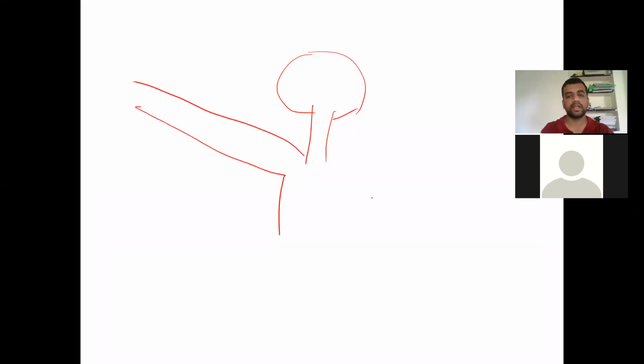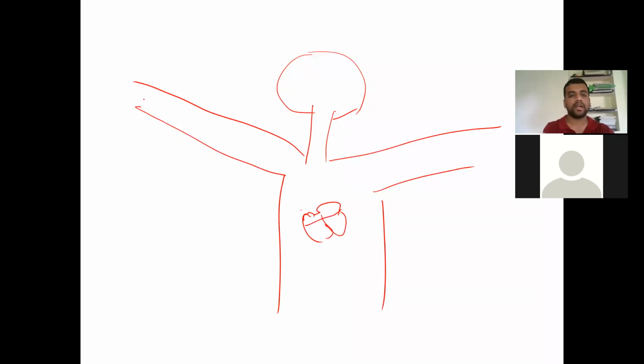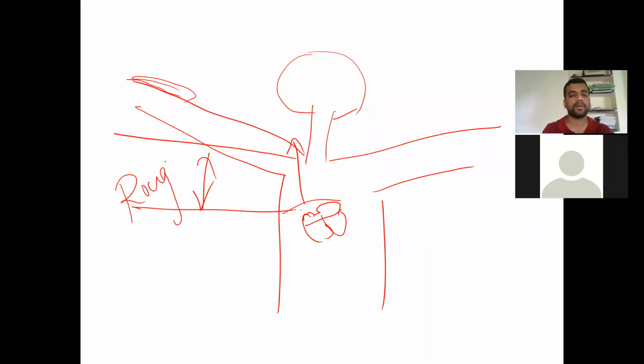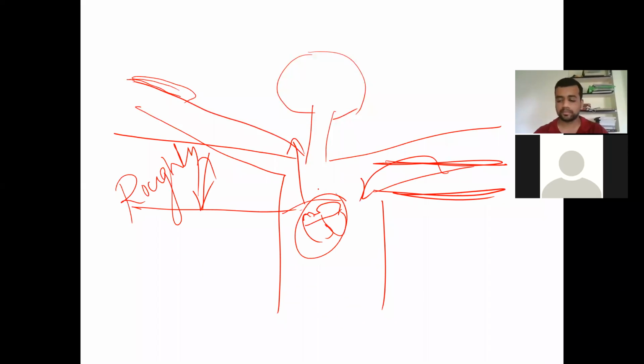And Gartner method, as I said, for example, if this is the person and you are going to lift his arm above the level of his neck, or above the level of his heart. For example, if you have the cardiac chambers here, 4 chambers, you're going to lift it and look for the emptying of the veins over the hands. So you're going to calculate the total height of the limb which is above the level of the heart, roughly. You're going to approximate whether CVP is elevated or not. Normally, if the person has his hand straight also, it should empty because the heart is at a lower level.